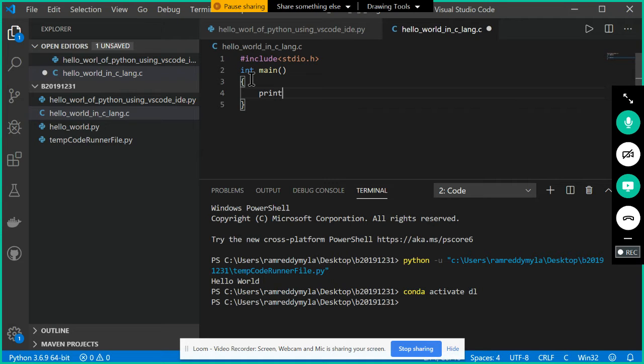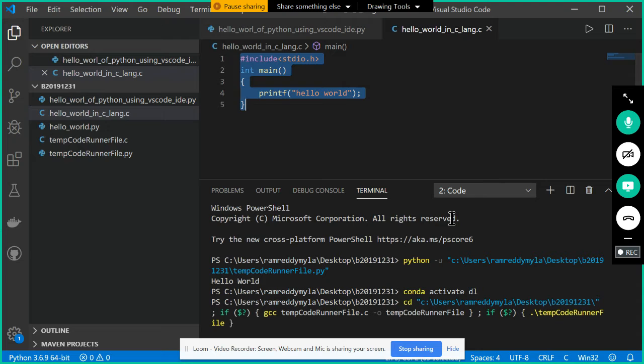In this body part, we have to write printf, then we need to write hello world. This much code is mandatory in case you want to write the hello world program in C language. If I want to run this, save this, then try to run it.